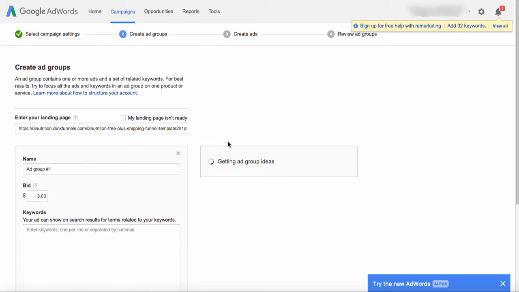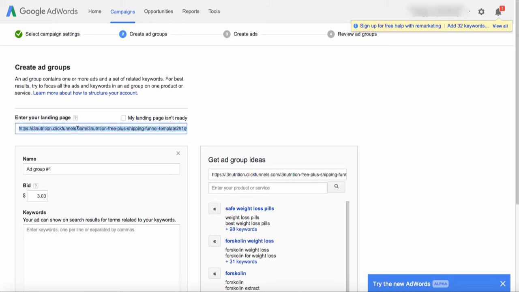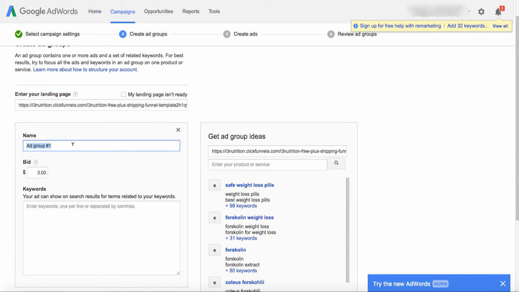Now, obviously, if you're a Clickfunnels user and you want a prettier URL, you can do a custom domain inside of Clickfunnels to have your own URL or domain. So for this example, I'm just using the ugly funnel URL. Okay, I'm going to say